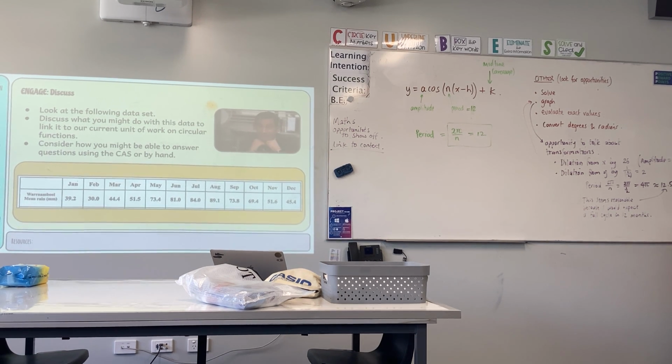You look like you're lost. Do you need some help? Could you please try and find out what n is by solving that 2 pi on n equals 12 equation? Or can you find out the average of those numbers, because that'll be your midline? With the period, how did you make